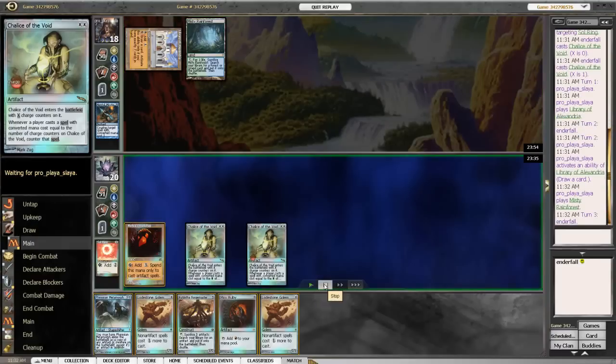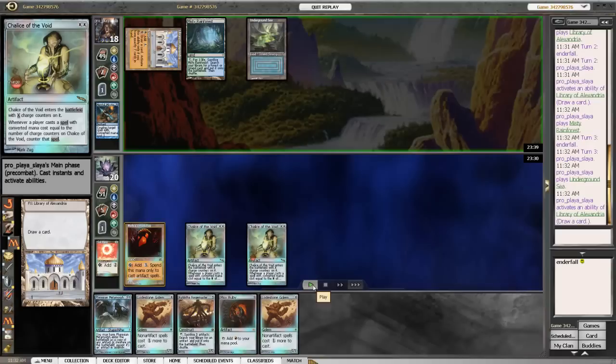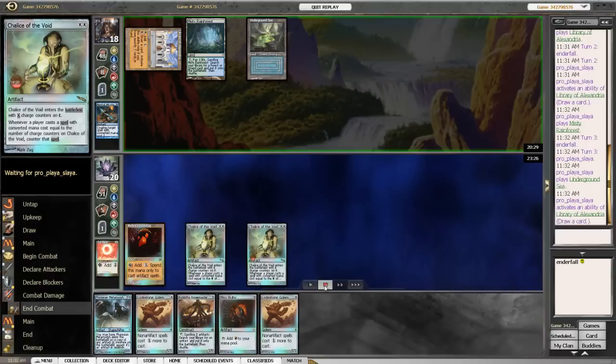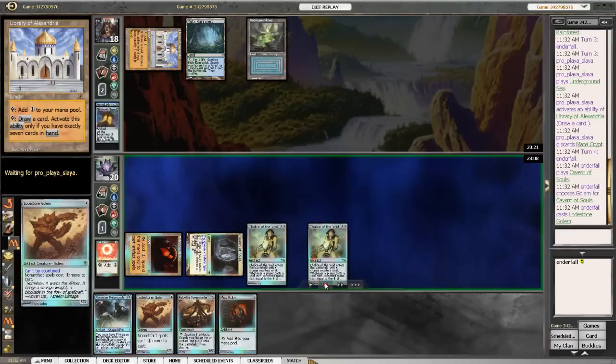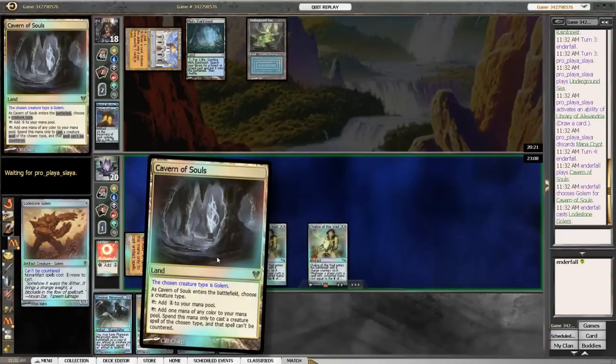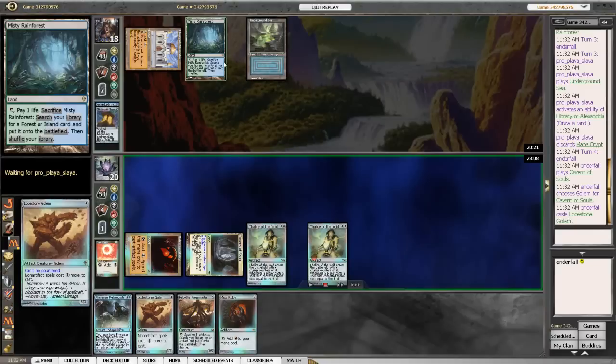Our opponent plays the Misty Rainforest. We draw another Lodestone Golem. No land, so unfortunately we are still kind of behind. Our opponent plays another land and is drawing cards off of Library of Alexandria, so luckily for us, we finally did draw a land, and Cavern of Souls was a pretty good one, because at this point they are representing Mana Drain mana,